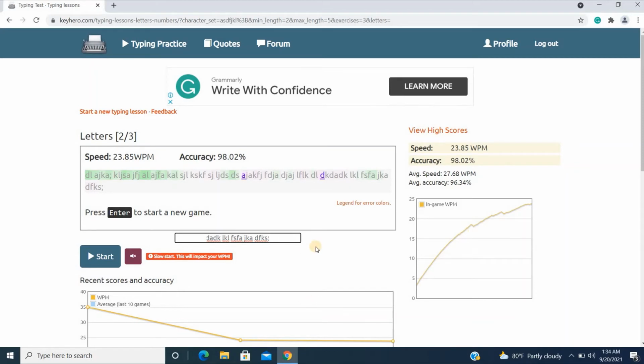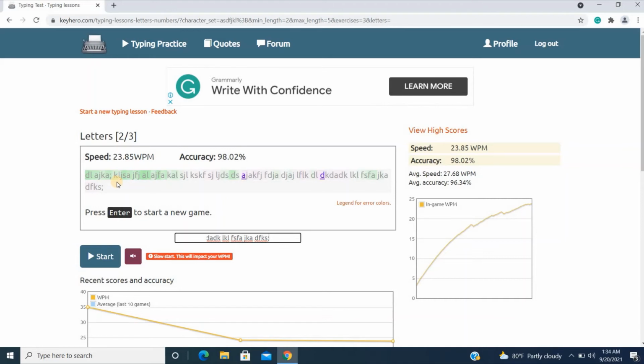And my suggestion to you is you should focus on your accuracy rather than on speed, because when you try to improve your accuracy, your speed of typing will also be improved. And you know, when you make a mistake, your accuracy will come down. Again, you will have to correct your mistake. It will take time and your speed of typing will come down. So that is the point I want to stress on, so that you can improve both your typing speed as well as accuracy.